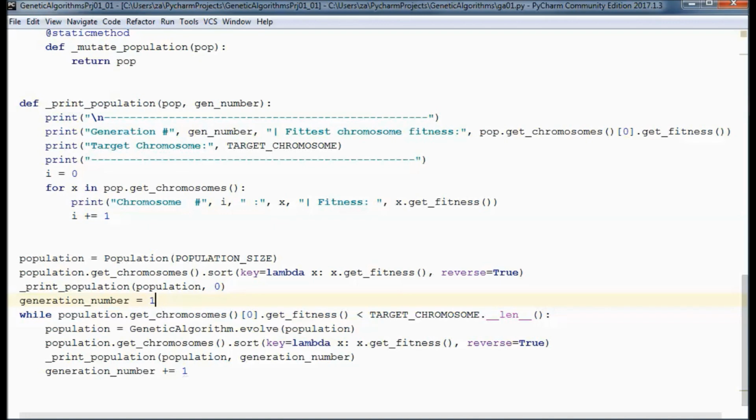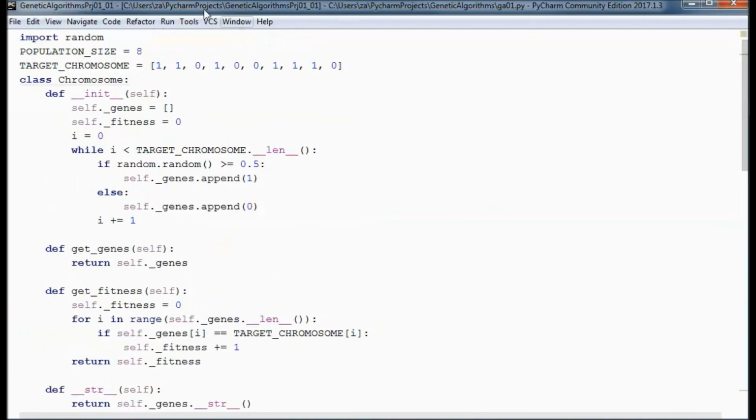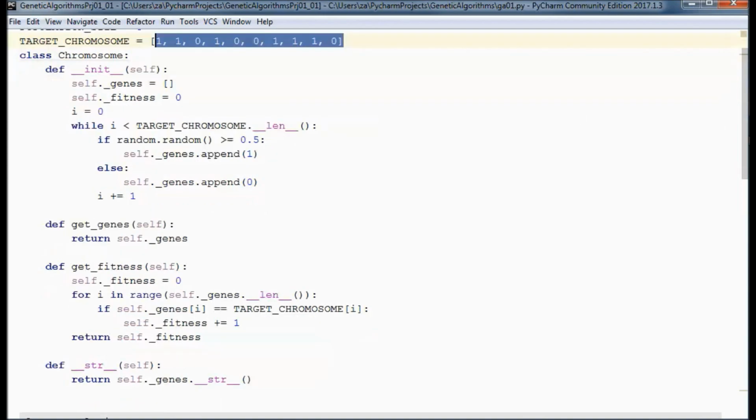So while the fitness of the fittest chromosome in each population is smaller than the target chromosome length, so in this case that will be 10, since we have 10 genes in this target chromosome.